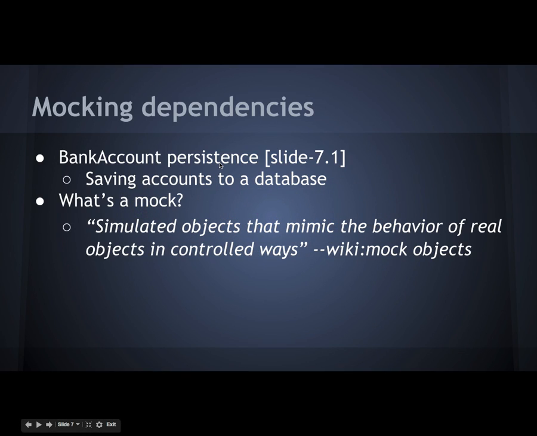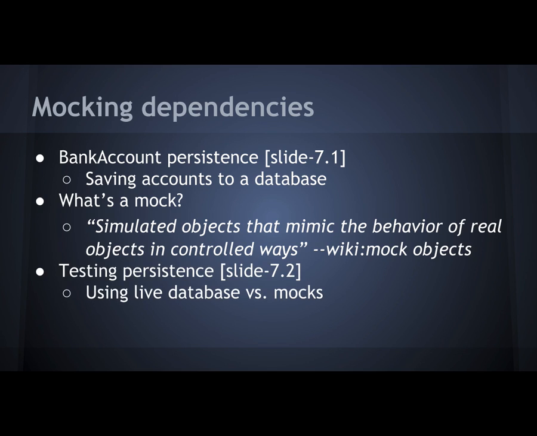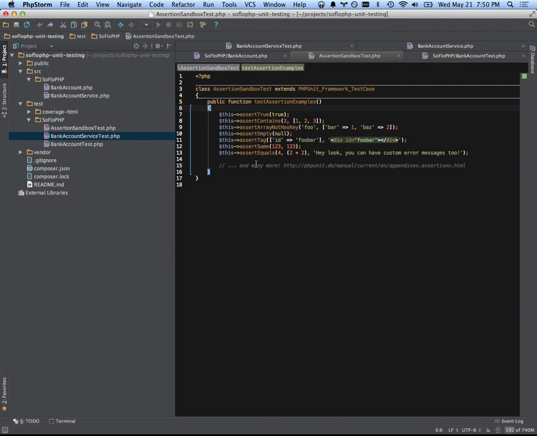So the way that we get around this is we create what are called mock objects. A mock object is basically an object that mimics the behavior of another real object, but in a way that you can control. So you tell it, all right, I need you to behave in this way while I'm running this test, and then the object will do exactly what you tell it to do. So the mock version of this